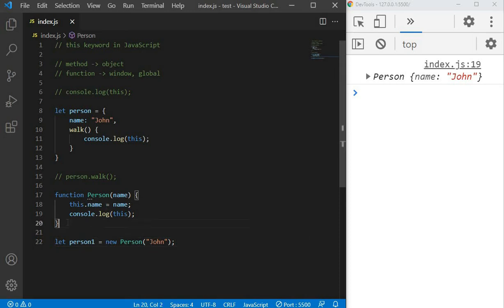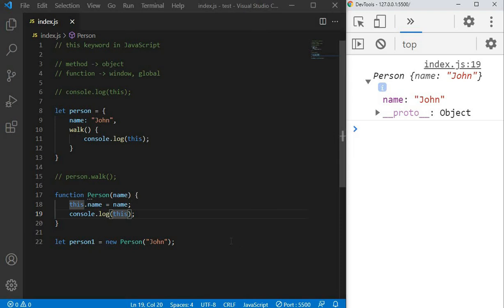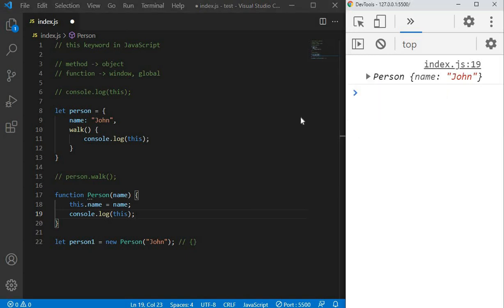Can you see this is also a function, right? But this is a constructor function, and when you call this inside of a constructor function, it will refer to the new object that is being created. So here, what happens is when we call the new keyword, this points to an empty object that is being created. Okay, so regular functions will give you a reference to the window object, but constructor functions will give you a reference to the new object that is being made.